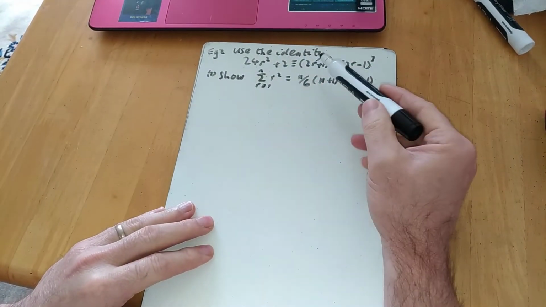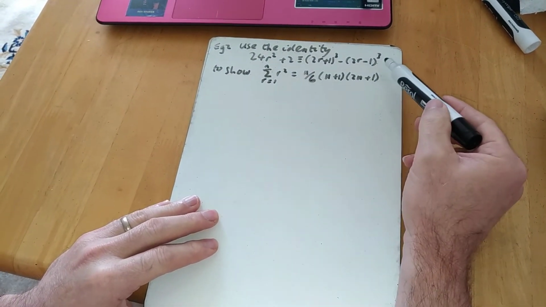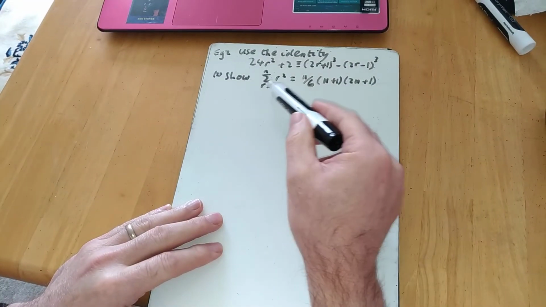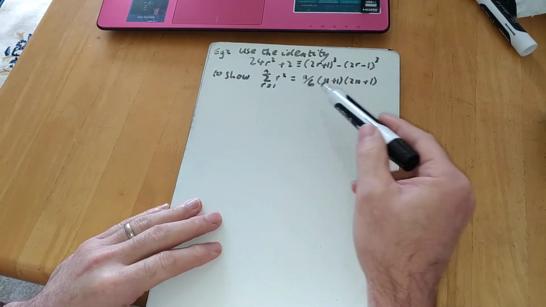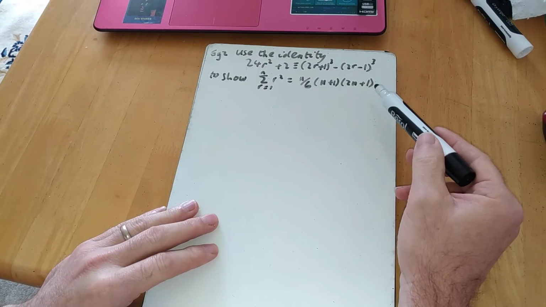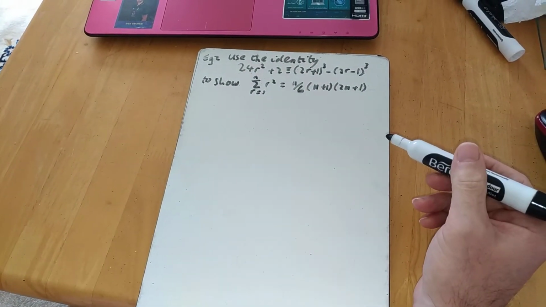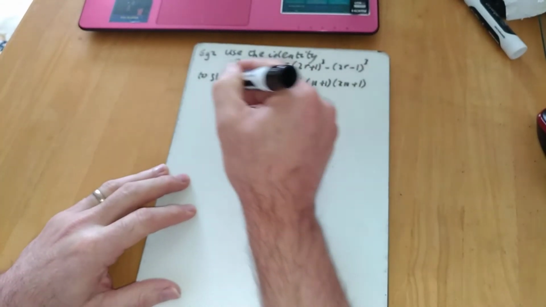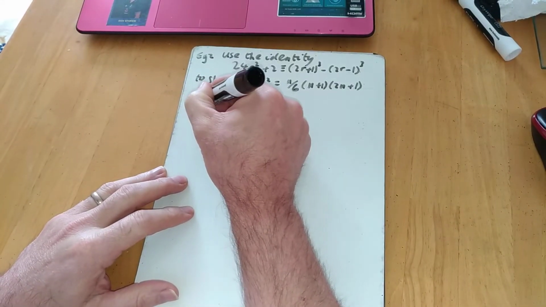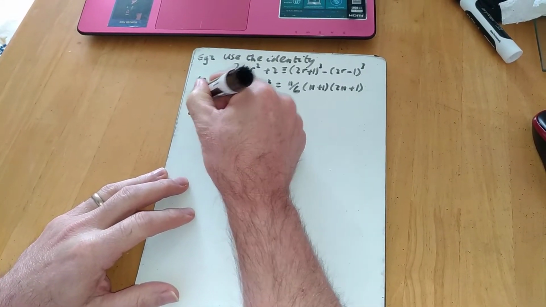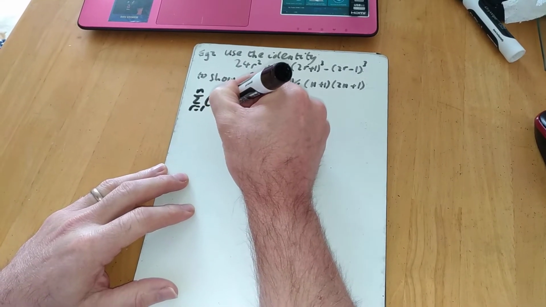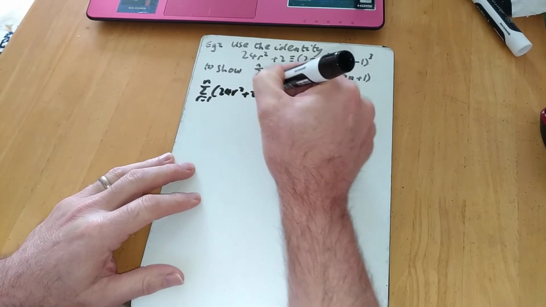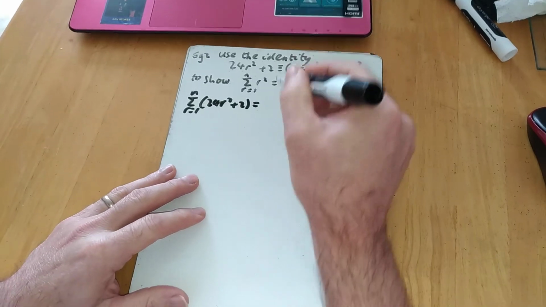Use the identity. 24r squared plus 2 is equivalent to that thing cubed minus that thing cubed. To show, and it's a standard result, sigma r squared equals n over 6 times n plus 1 times 2n plus 1, and let's have a look how we do. I'm going to consider summing up all this expression here. So I'm going to do sigma r equals 1 to n of all the 24r squared plus 2, and it's going to be equivalent to